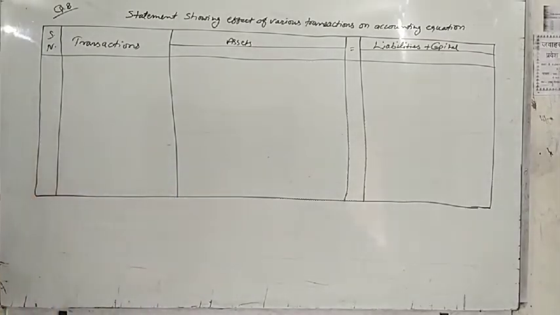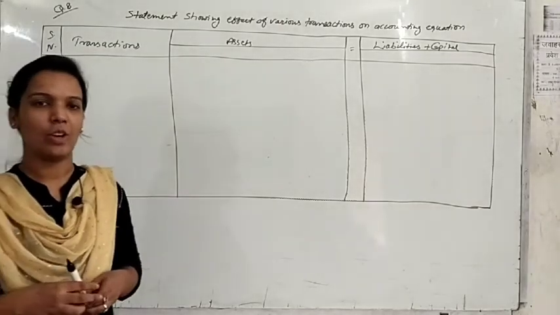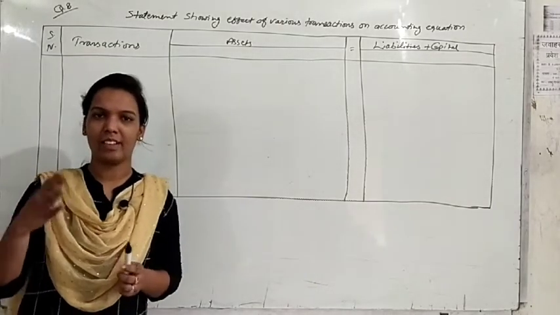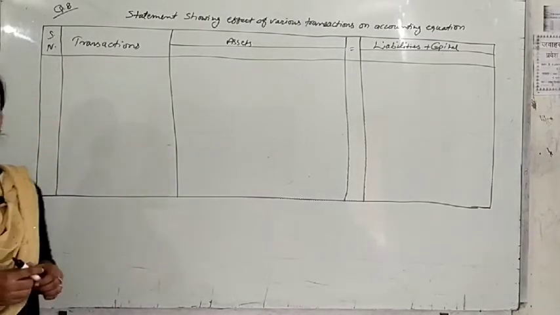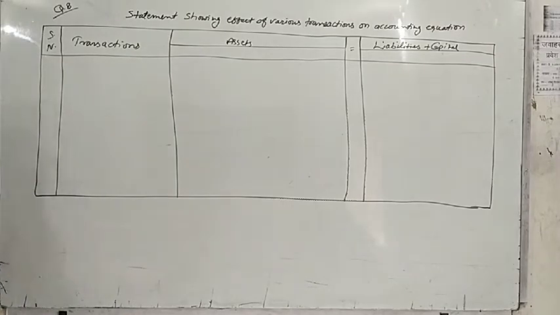In our last video, we completed question number 5. After question number 5, the 6th, 7th and 8th questions, I am solving here. The 6th and 7th questions will be your homework. So the 8th question: prepare the accounting equation on the basis of the following. There are only 4 transactions here.